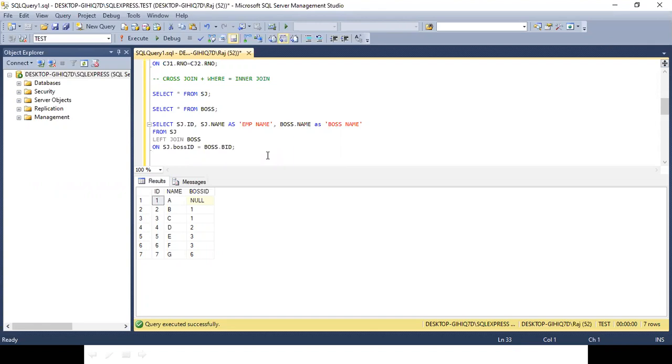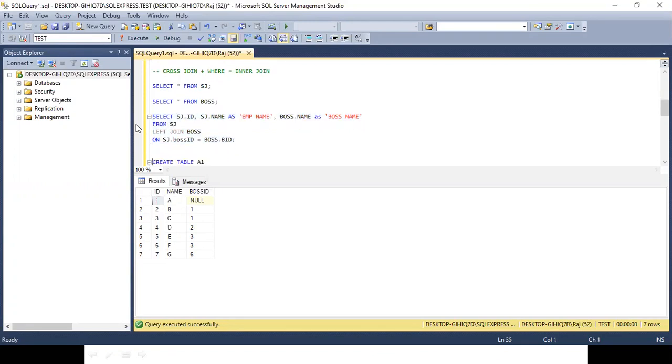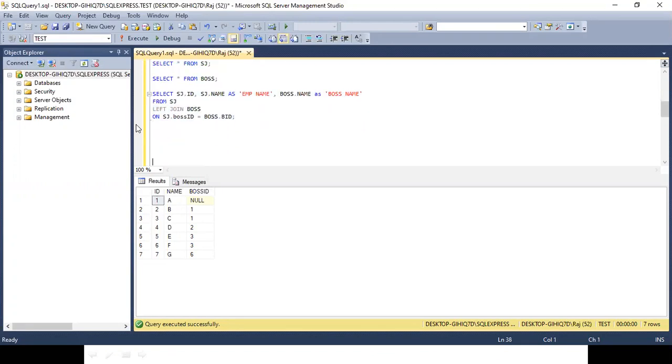Now tell me, can you modify this query to give me the same output? Now I have only one table, that is SJ. So let's try that. Now we need boss name in this table. We can definitely. It's very simple. Let's create two copies of the same table. How? I'm copying the same query and instead of SJ, I am using it as S1.